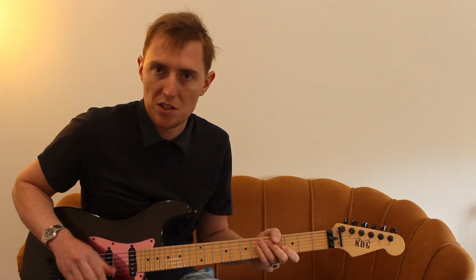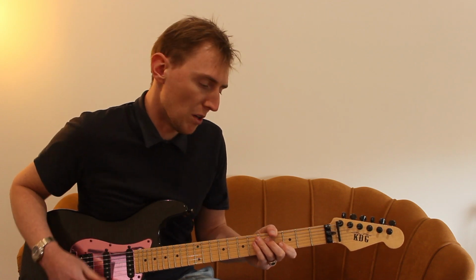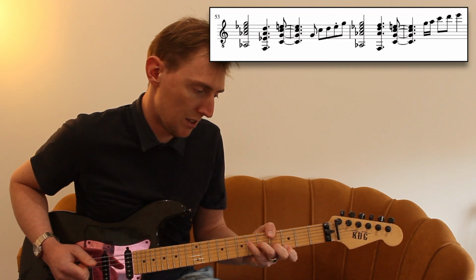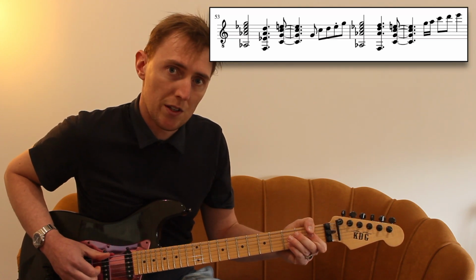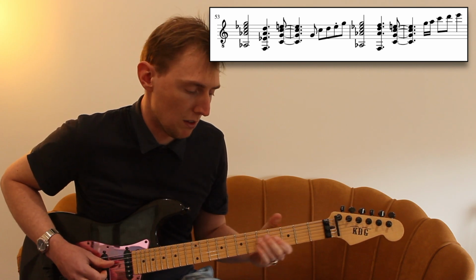After the bridge, it's basically just choruses until the end, where we have the return of the intro progression. So that would be starting on the A flat major 7 again, to the F Dorian, to the C, with a little run,